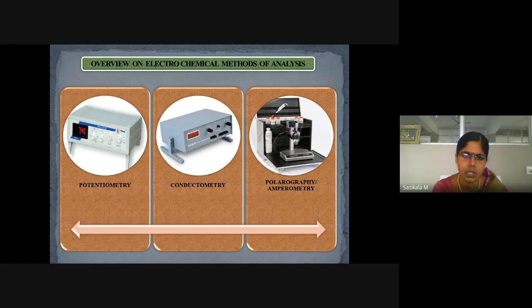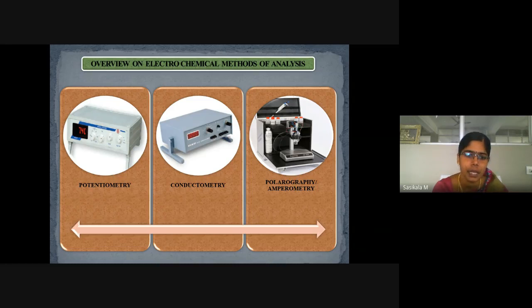What type of chemicals generally can be analyzed by electrochemical methods? Mostly ionizable substances. In solution form, mostly all the analytes will exist as ions. So how much concentration of ions are present and what type of ion is present? Both qualitative and quantitative analysis on ions are carried out through electrochemical methods. Since ions carry charge, they can conduct electricity, so based on that concept we'll be analyzing your sample through electrochemical methods of analysis.